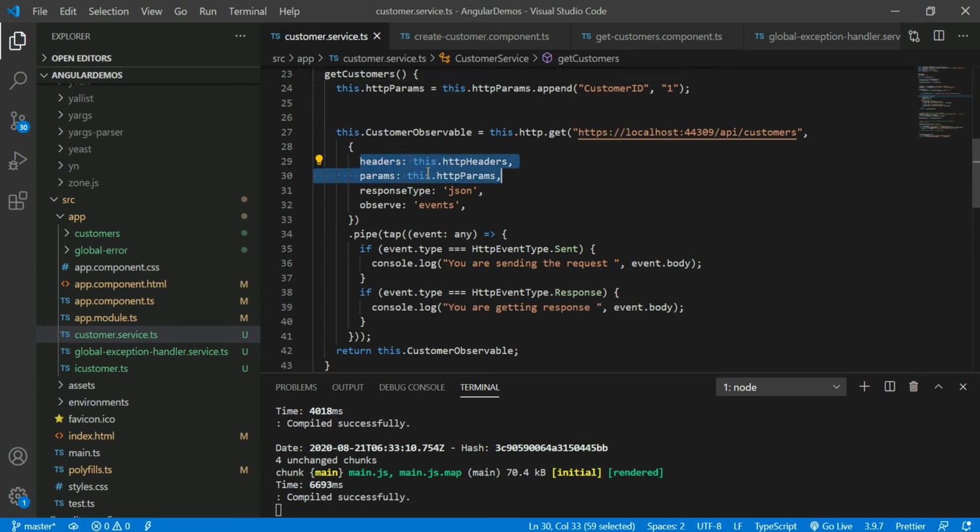I want to pass these header params to each and every HTTP request. How do I have to pass them? Let me say that I have 20 HTTP requests. I want to pass these headers and params, because in real-time scenarios the headers and params should mostly be the same. The user token won't be modified, and even the customer ID won't be modified when you request from Angular to the web server. So that should be the same for each and every HTTP request, but I want to apply these headers and params to each and every HTTP request.